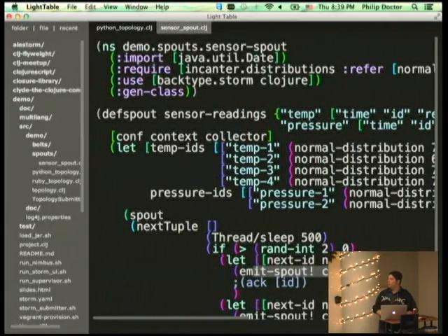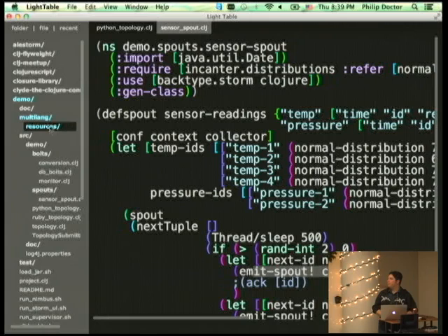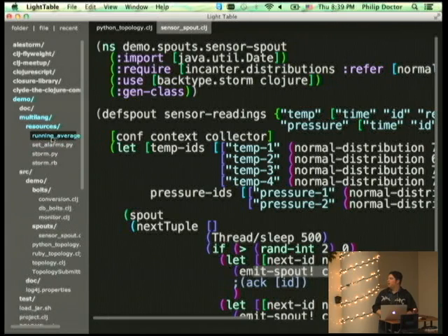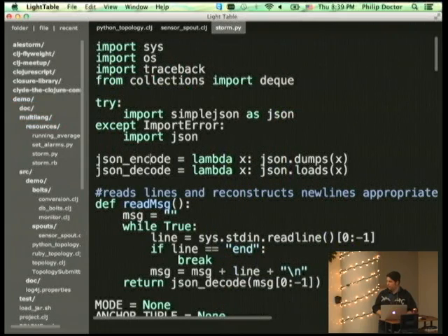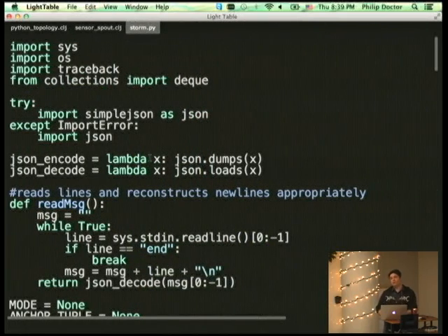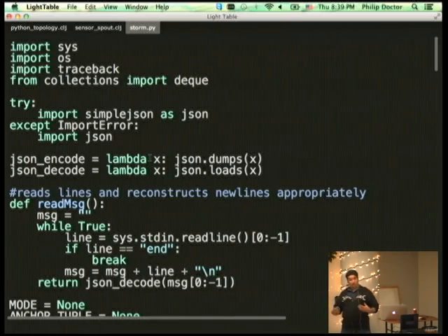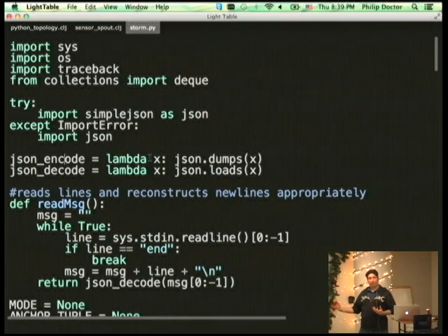What we will look at, however, is the Python part of it. So over here in multi-lang resources, we've got that running average and set alarms, and we've also got this storm.py, so we're going to start here. This is code that was provided for us. You can definitely hack this to do an even better job. This just gets you off the ground and running. So there's a careful specification delineated of what it takes to communicate messages between bolts using Storm. And to get you started, they wrote one of these for you for Python.